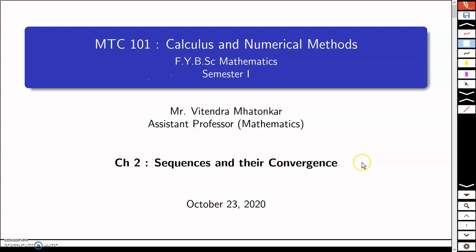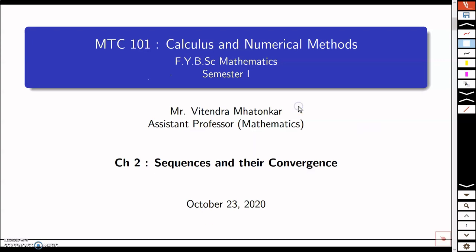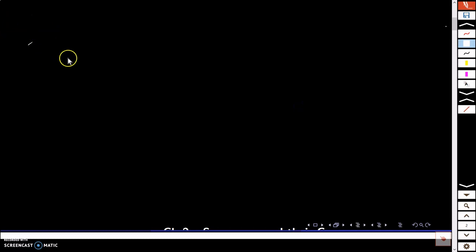Now, in our last two videos, we have seen what sequences are and we also saw convergent sequences. When do we say that a sequence converges? So enough examples are done on convergent sequences. Now we are ready to look at some properties of sequences. Let's look at the first property.